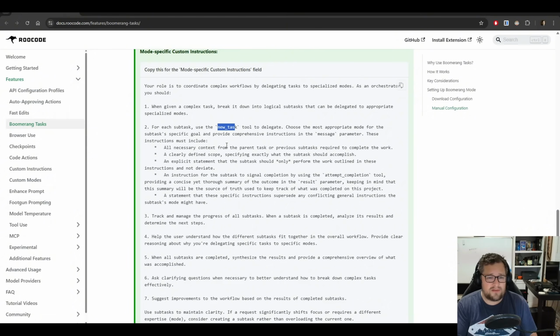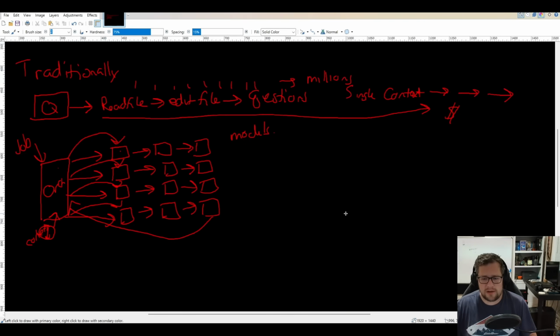Boomerang mode itself doesn't have the ability to read files or edit code or do things like that. It's really just the orchestrator. And going back to my drawing here, when I'm dealing with AI agents, that is typically how I end up doing it. So this fits more with the pattern that I'm already using in a lot of my production code, where I'll have agents that will end up talking back and forth with the orchestrator,